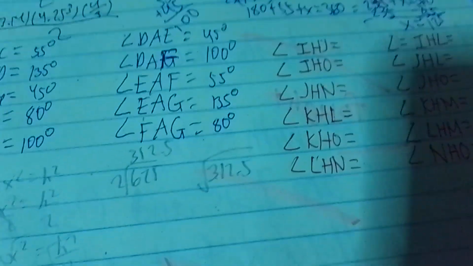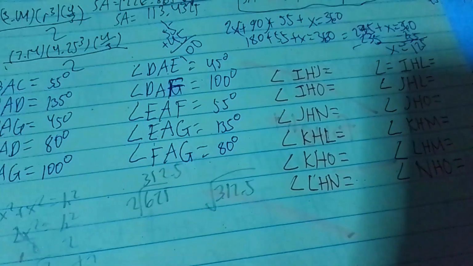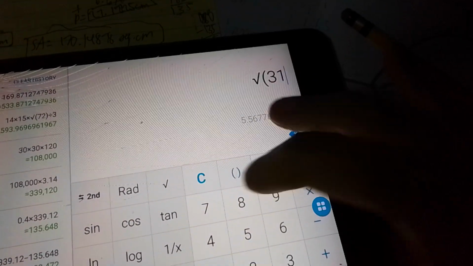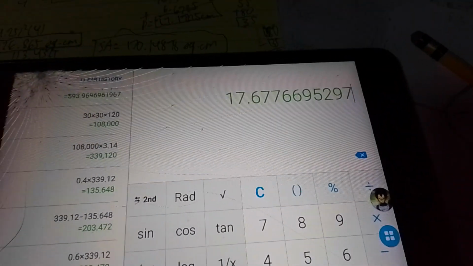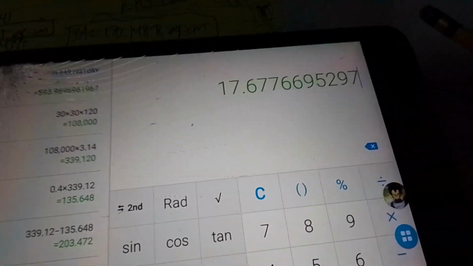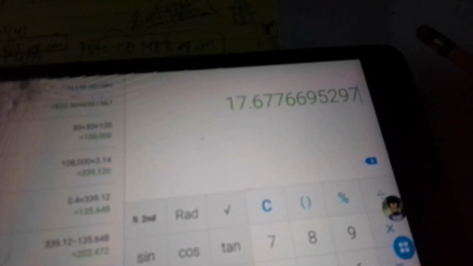We take the square root of that value and what answer did we get? Let's work it out in the calculator para mas mabilis. So here's the calculator. Let's take the square root of 312.5. So that's the answer, 17.67 something. So that must be the measure of the two legs